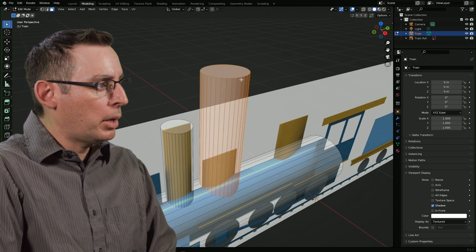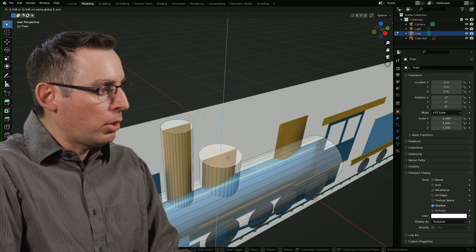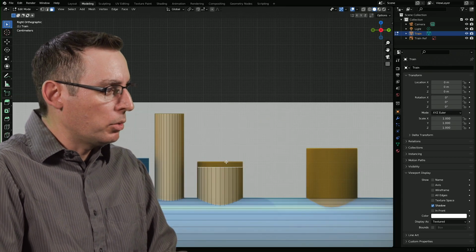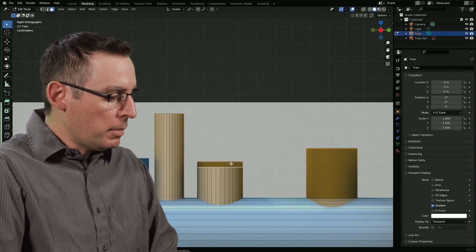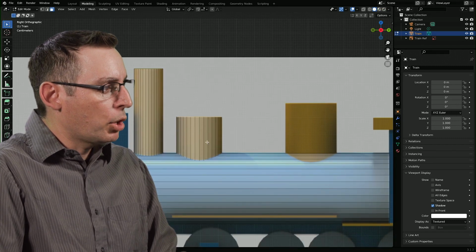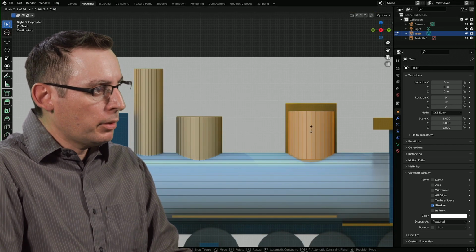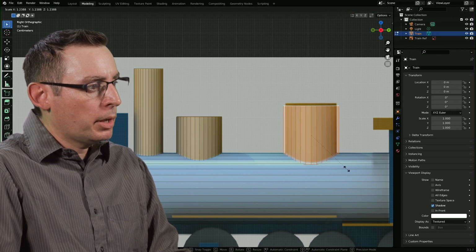Let's grab that topmost polygon, that guy right there. G key to grab, middle mouse button, drag down along the Z-axis to get it where we generally want it to go. And if you missed it like I did, that's okay. Let's just drag it up, and we're ready to go. It goes pretty fast. Let's even make another one. Scale this guy up. Scale it up. There we go.